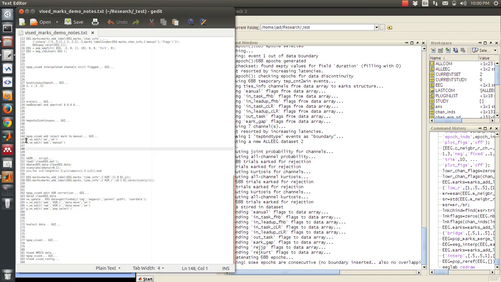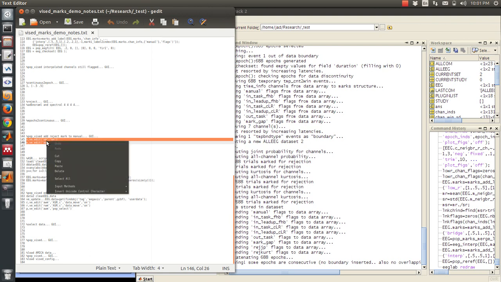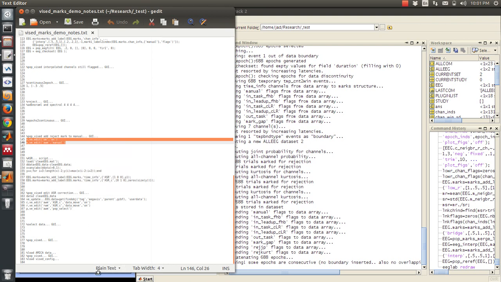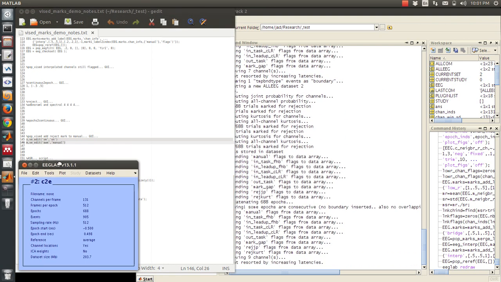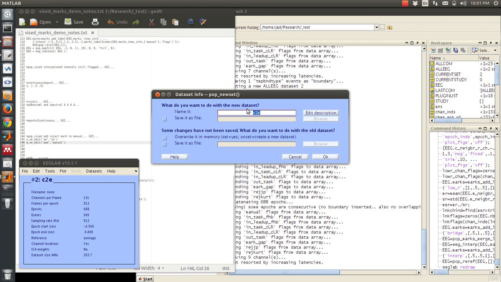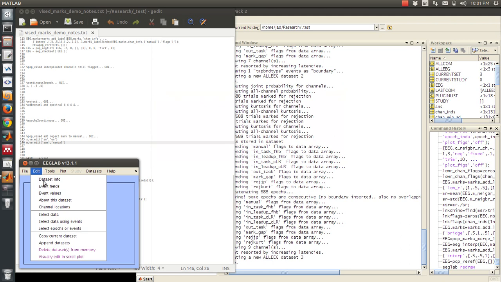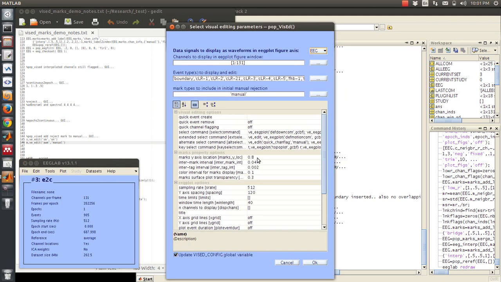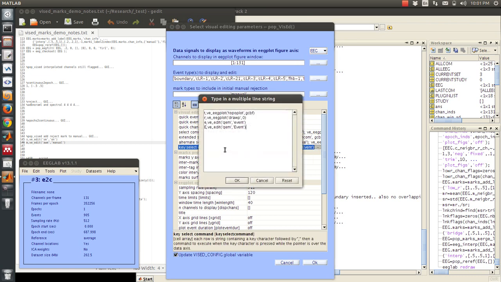And once this is done, we'll plot the vised window again. And then in this one, we'll add some functions to the key commands that will allow us to interact with the annotations that were built from the rejection tool. So I'm going to copy these. Now this is E to C. Go back to the visual edit. Again, it'll have everything like it was last time. And then I'm going to add a couple more functions to the